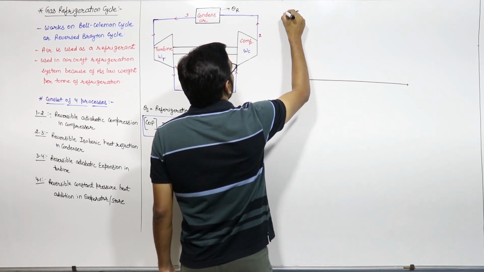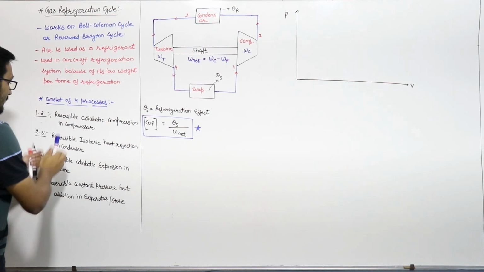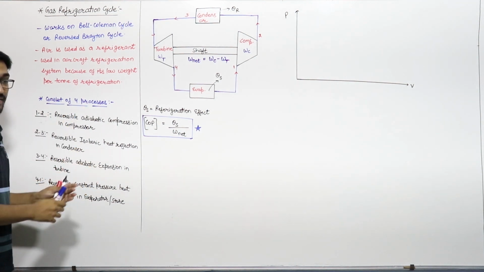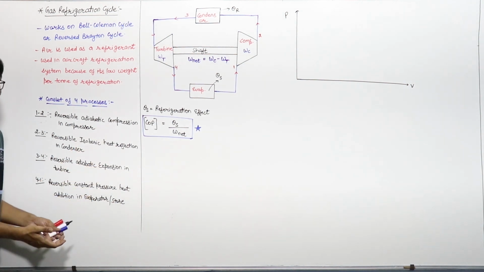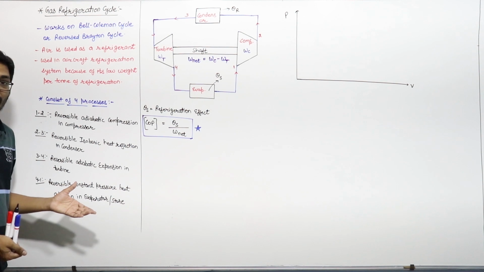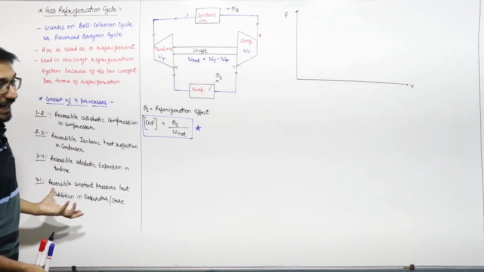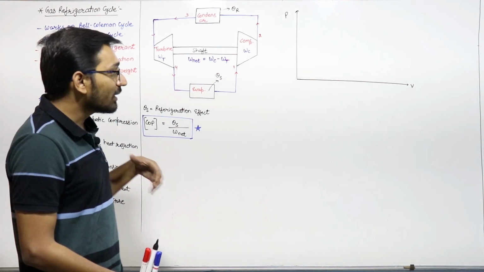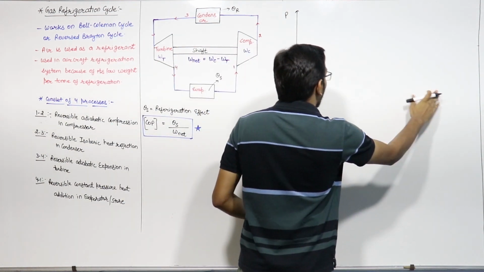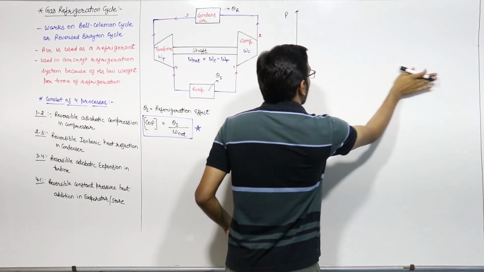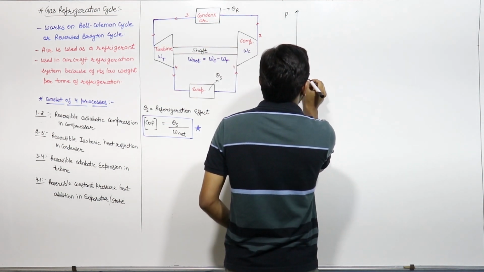First of all, let us draw the PV diagram. This is the ideal reverse Brayton cycle. Why ideal? Because all the four processes are reversible. In the actual case, these processes are never reversible, so we will discuss later what the actual Brayton cycle is when irreversibility is associated. But first, let us understand the ideal reversed Brayton cycle in which all the four processes are reversible.